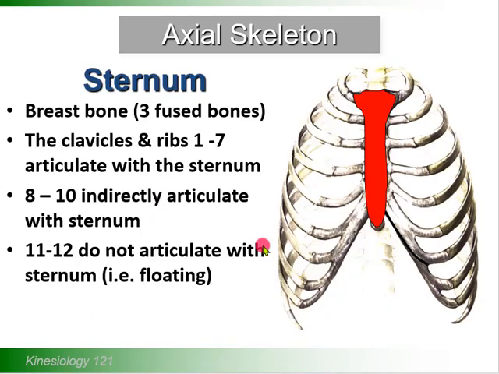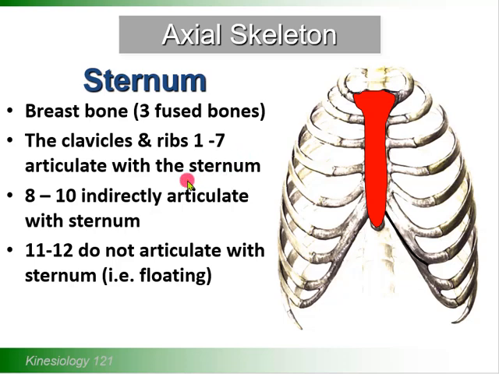This innermost portion of the thoracic cage is called sternum. Breastbone, 3 fused bones, articulates with the clavicles and ribs 1 to 7. So sternum, this red bone, articulates with 7 ribs from 1 to 7,